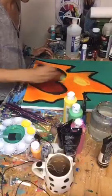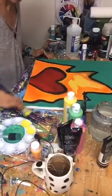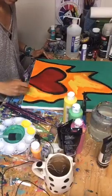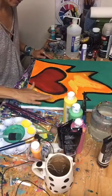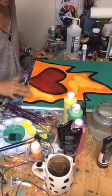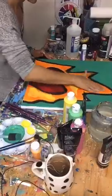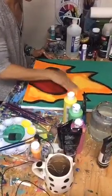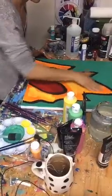Just going to slightly go on. Maybe rub it around with my fingers. Let's see. I always like to get my fingers in here. Add some more water, and I want to smush this around a bit and then add some rubbing alcohol